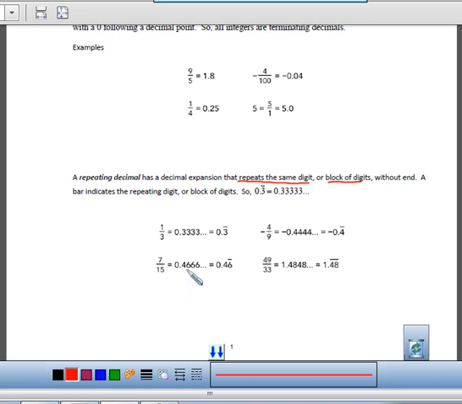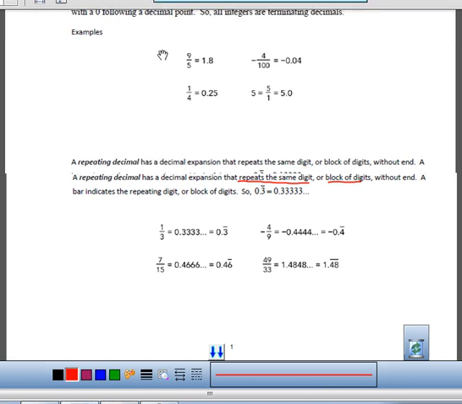7/15 is 0.46, only the 6 is repeating. So I just put a bar over the 6, not over the 4. You've got to be careful with that. And then 49/33 turns into 1.484848. The 4 and the 8 repeat, so you have to have a bar over both. Alright? Good stuff. Alright, so over on the next page, page 2,